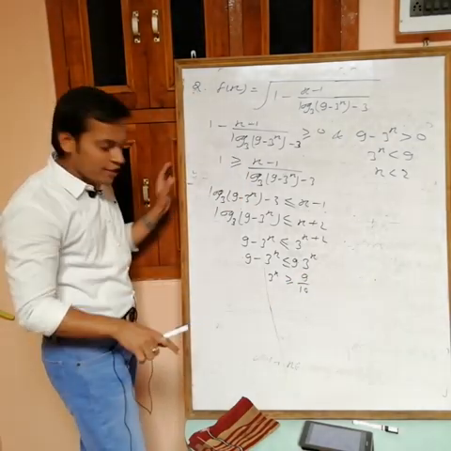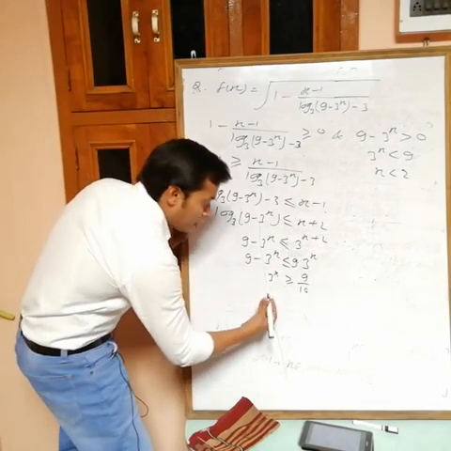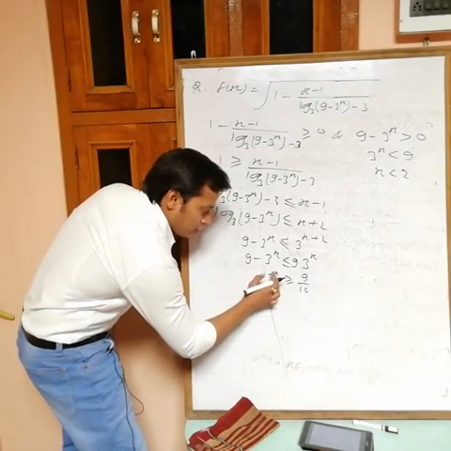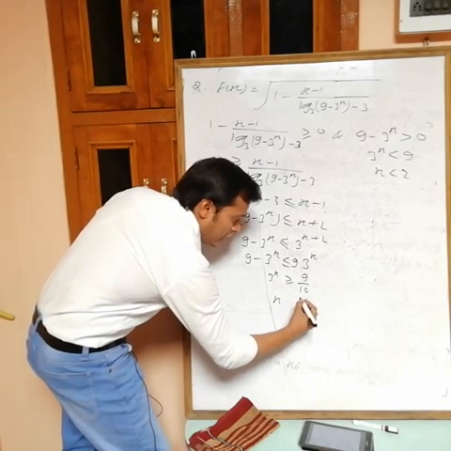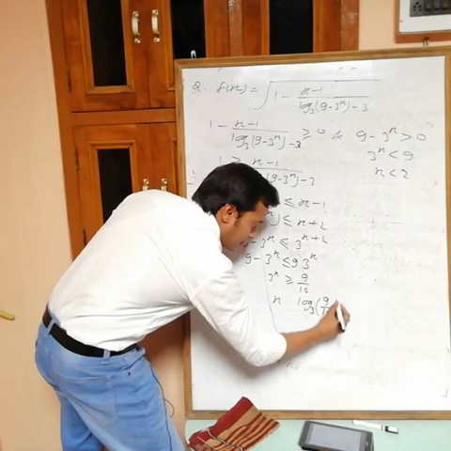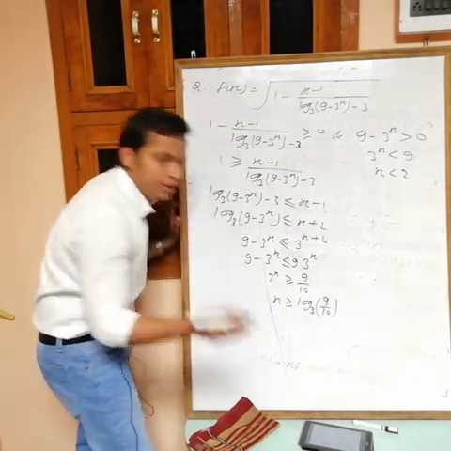Again you want the value of x. If you want the value of x, then I have to take logarithm because x is in the power. So take logarithm with base 3. If you take log base 3, then x comes outside, since log 3 of 3 is 1. So x. Here also I am taking log on both sides, base 3, of 9 by 10. Now base is 3, which means greater than 1, so the sign of inequality remains the same.